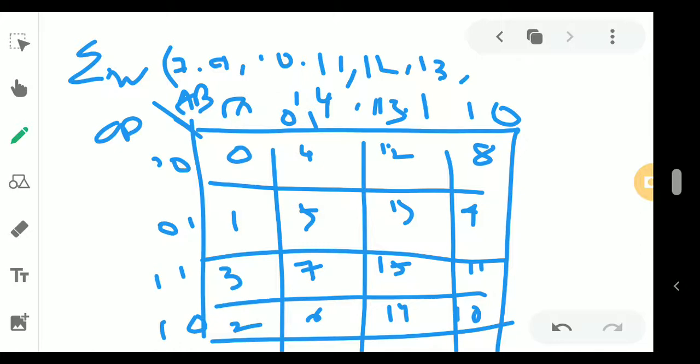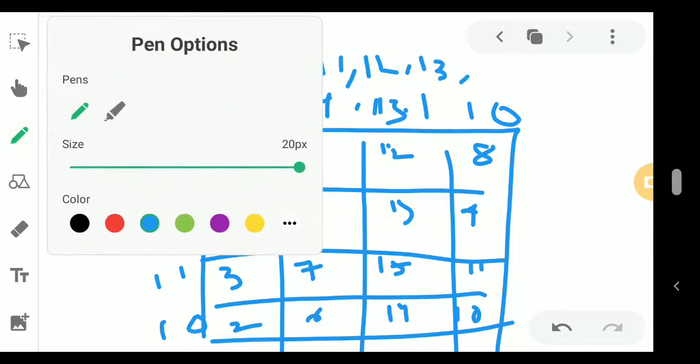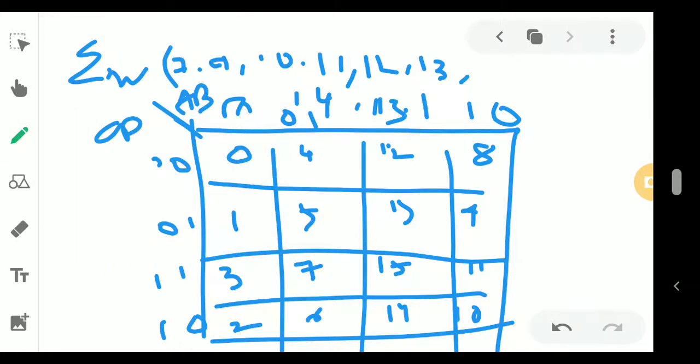And see 7, where is the 7 value? Where is the 7 value? 1 here, so you put 1 over here. Then 9 position, find out the 9 position. This one is the 9 position, you put 1. Okay, then 9, 10, 11. Okay, the 10 position is this one. Okay, and the 11 position is this one. Okay, and then 12, 13, 14, 15. So 12 is on the top, then 13, then 15, then 14.